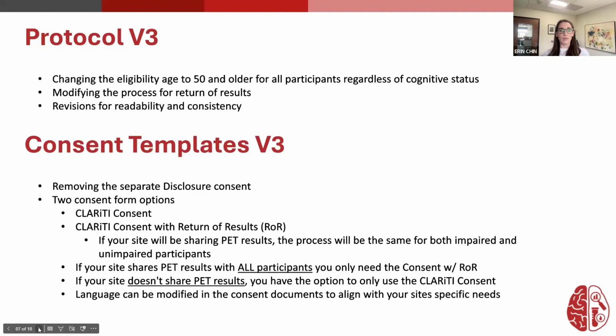So number 1, we have the CLARiTI consent, and then number 2, we'll have the CLARiTI consent with the option for return of results. So if your site will be sharing PET results, the process will be the same for both impaired and unimpaired participants. If your site shares PET results with all participants, you will only need the consent with return of results. So if your site does not share PET results, you have the option to only use the one consent, the